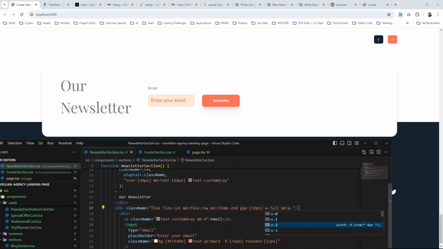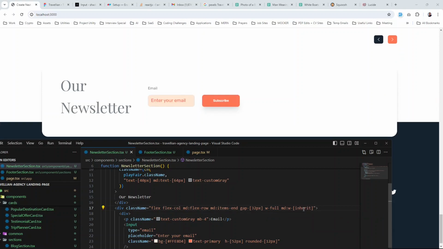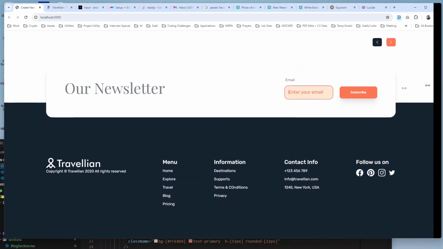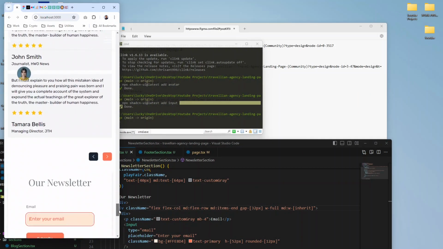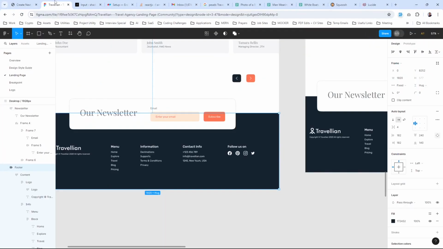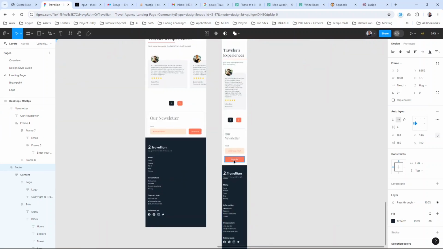With 0, I don't know if that's a thing. No. Inherit. Yeah, something like that. Let's check the mobile. Make sure everything is still in order. Boom. Good. So now the only thing I think I'll remove for the mobile part is a gap,